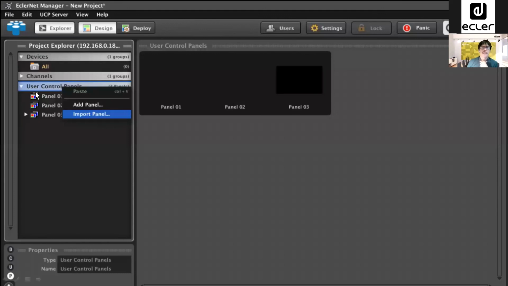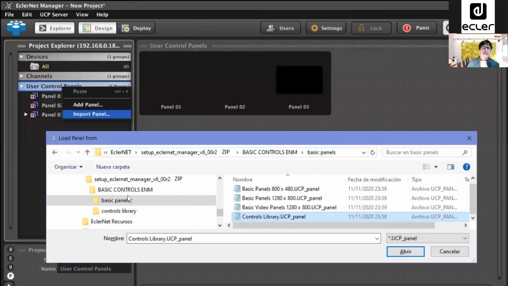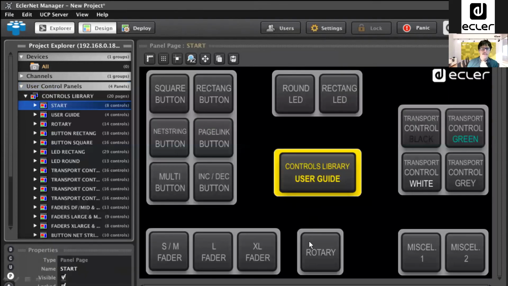So here, if we are in our project and we right-click on the title, it will say import panel. In the software and firmware package, you will find a folder called Basic Controls EclerNet Manager, and inside it there's another folder called Basic Panels. And you will find something called Controls Library that I made myself. And you will find this. This is basically